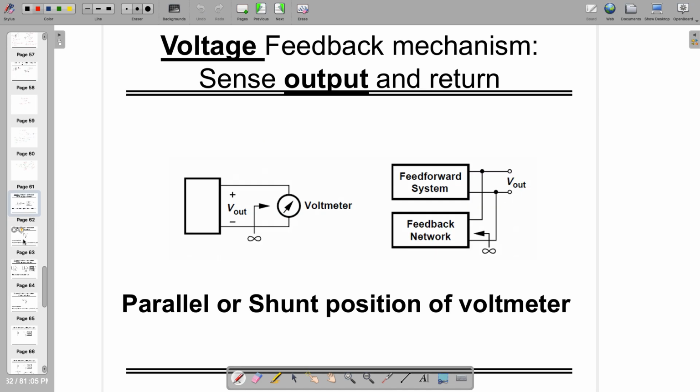When you want to measure voltage, as we know from our understanding, voltage is measured across some element. You are going to keep the voltmeter in shunt position when you are measuring at the output. Look at this, this is a very crucial thing. When you are measuring voltage, you take it across the terminals. So if these are two terminals, they have to be in shunt position with the output voltage, then there is no problem.